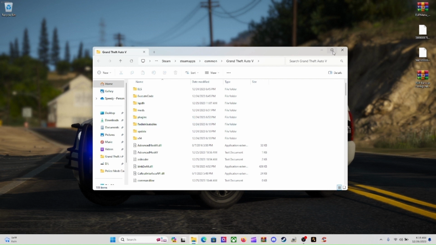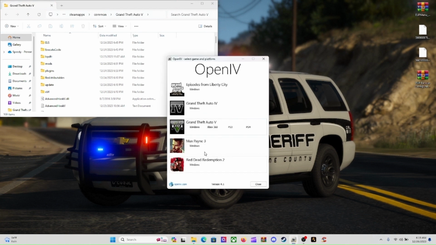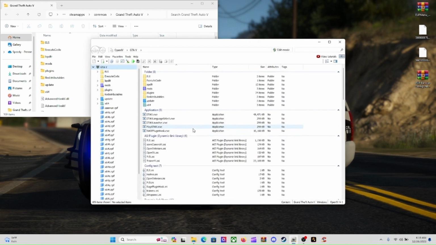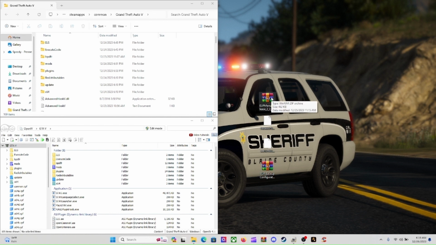Next thing we need is our OpenIV. Come down here to your OpenIV, open that up, and then click on the Grand Theft Auto 5 for Windows. Go ahead and click on that one, and while that is loading up, I'm going to bring this over here to another page, and then let's go ahead and install our EUP menu. The first thing you need to do is click on the first RAR file, and that is going to be your EUP menu